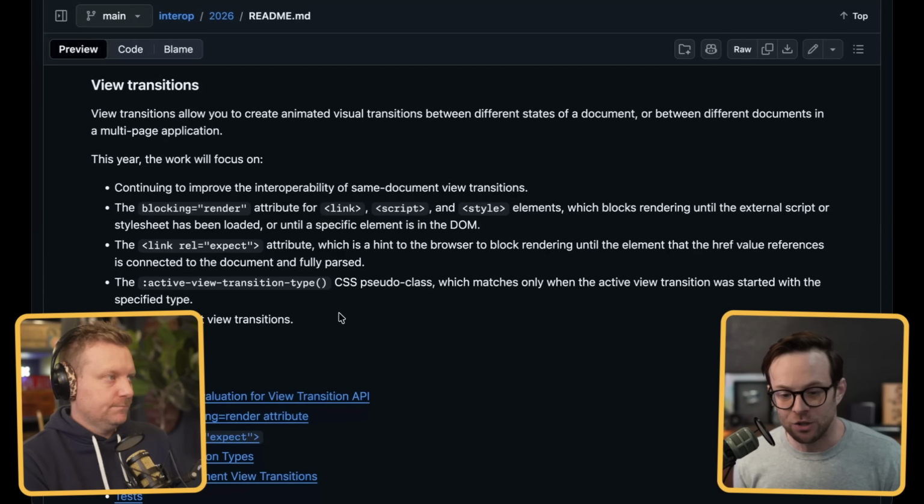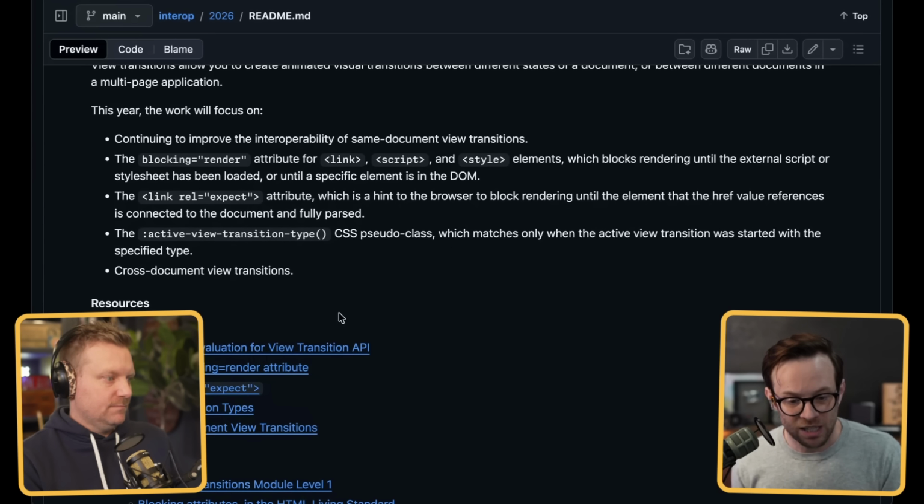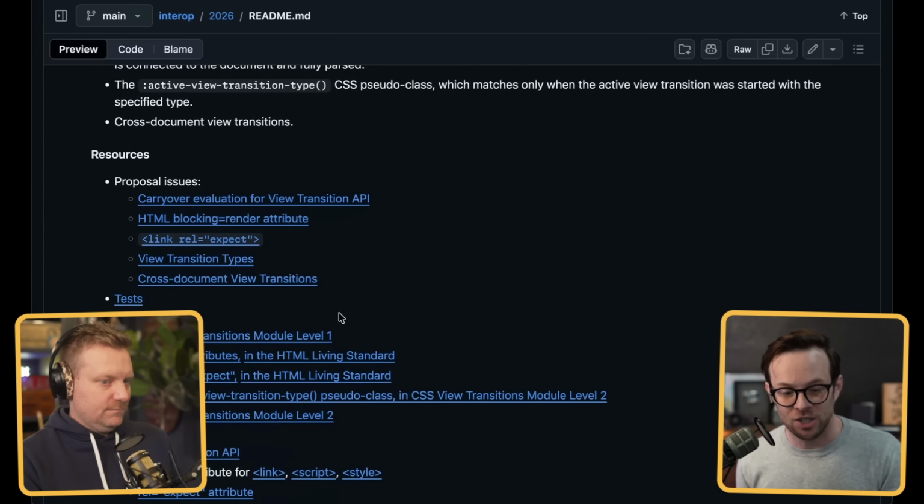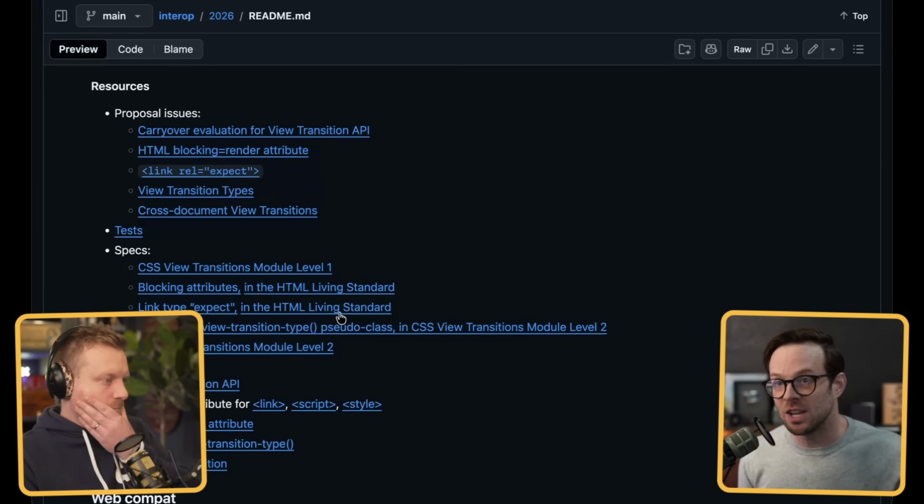So again, these all seem like just nice little quality of life updates. And then a new CSS pseudo-class, which matches only when the active view transition was started with the specified type. That's one of those little pseudo-classes that I'm sure will come up at some point, but that seems kind of interesting. And then there's going to be work on cross-document view transitions, which is multi-page application view transitions,